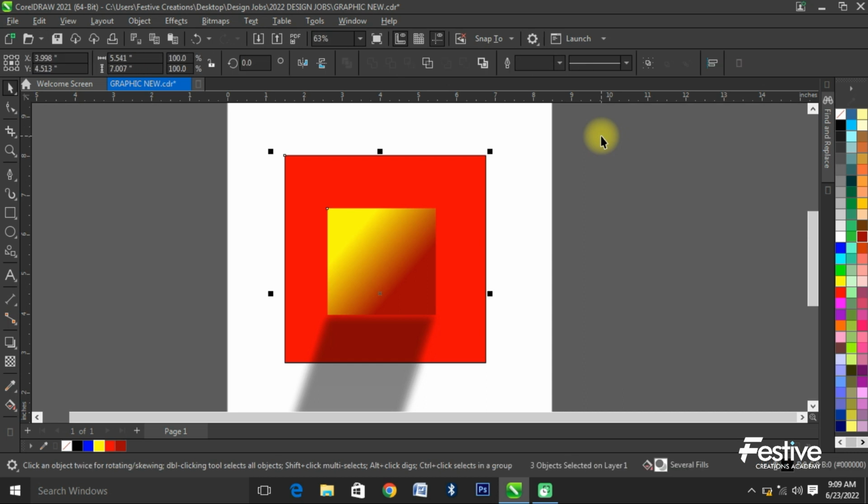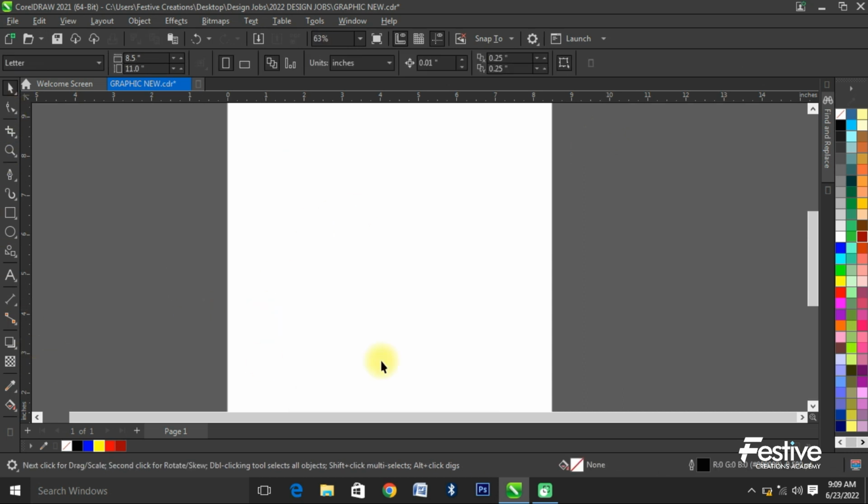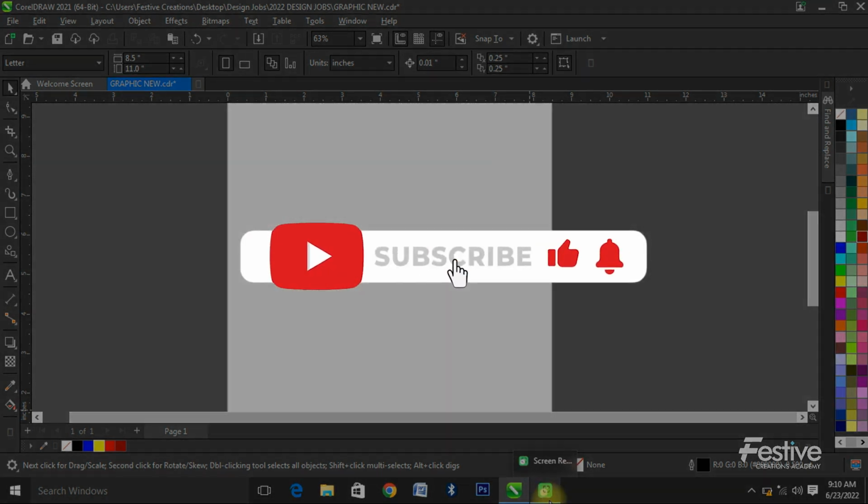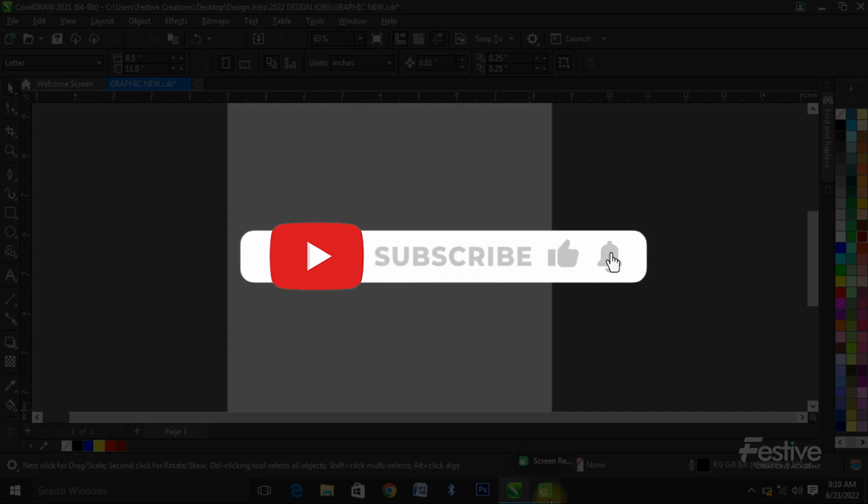Now that is it. Basically, these are all the tools that you would need for your design. In the next video, we'll be talking about how to save, how to export, how to add images, how to import images, and export the final work of what you have done. Thank you so much for watching this video, and I know that you actually have gained a lot of